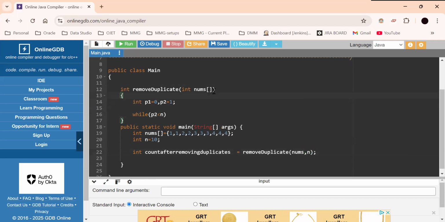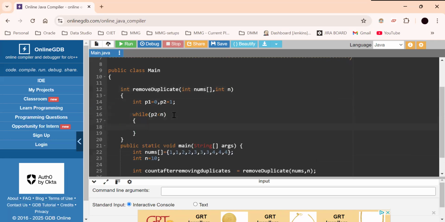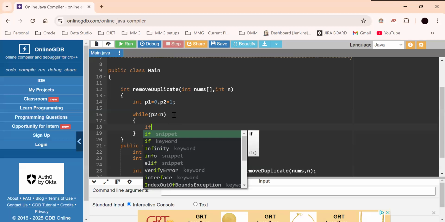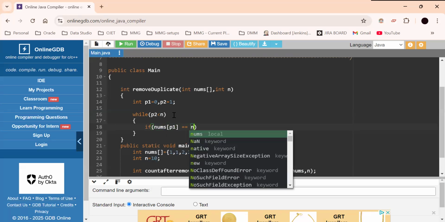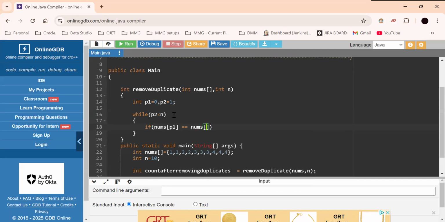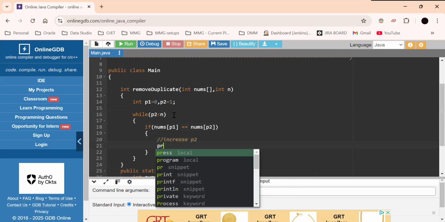And here we will also receive this n, length of the list. We have to iterate. So if nums of P1 equal to nums of P2, if both the values are same, what we need to do? Increase P2, right? So P2 plus plus,